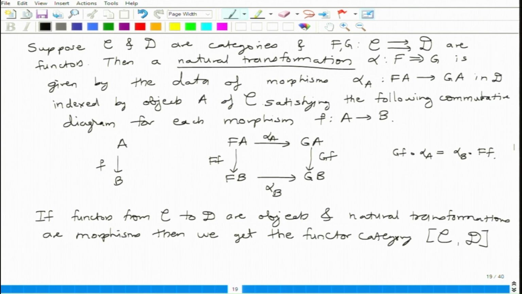So the functor category is the collection of functors from C to D as objects and natural transformations between them as morphisms, with respect to,